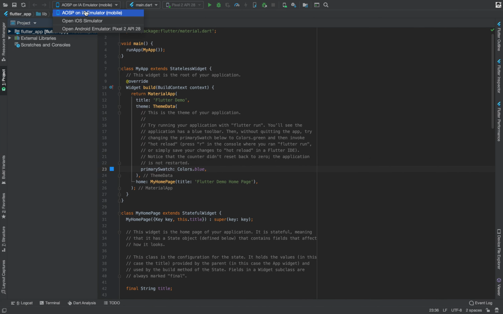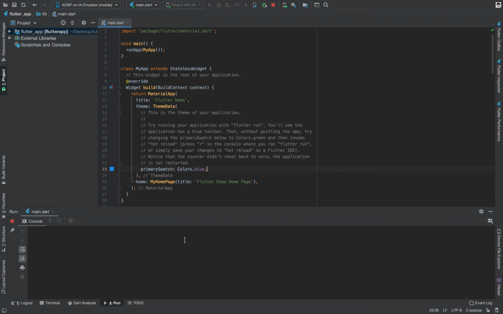Now it should find your emulator, which is named AOSP on IA emulator mobile. Now I'll hit run. It will take some time, and if you're running for the first time, it will take a lot of time because it will download Gradle and other dependencies. Because I have previously run a lot of applications, it won't take much.